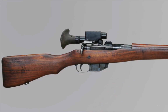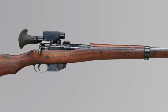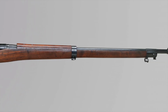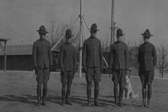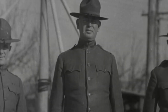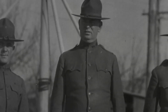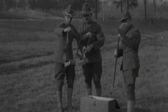Ross's initial offering, the Ross Mark I, boasted a straight-pull bolt-action mechanism reminiscent of the Austro-Hungarian Mannlicher rifle. The Canadian government, led by Robert Borden, saw in this proposition not only a practical solution to their rifle needs, but also an opportunity to assert their independence from British arms. However, in their eagerness to embrace a domestically produced rifle, they bypassed the crucial step of rigorous testing, a decision